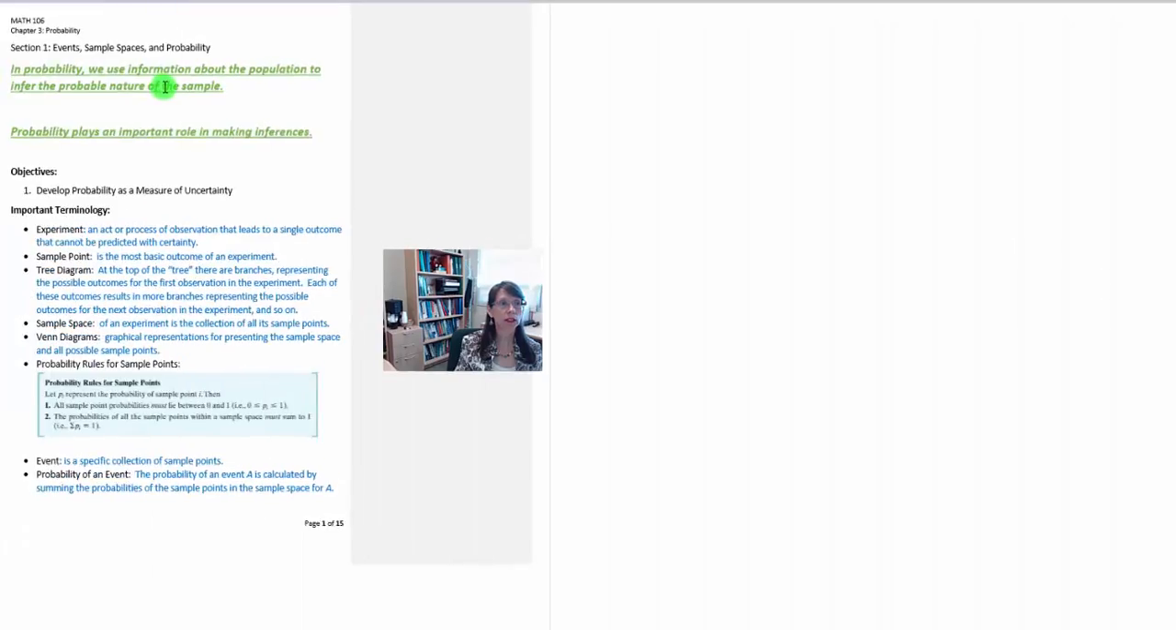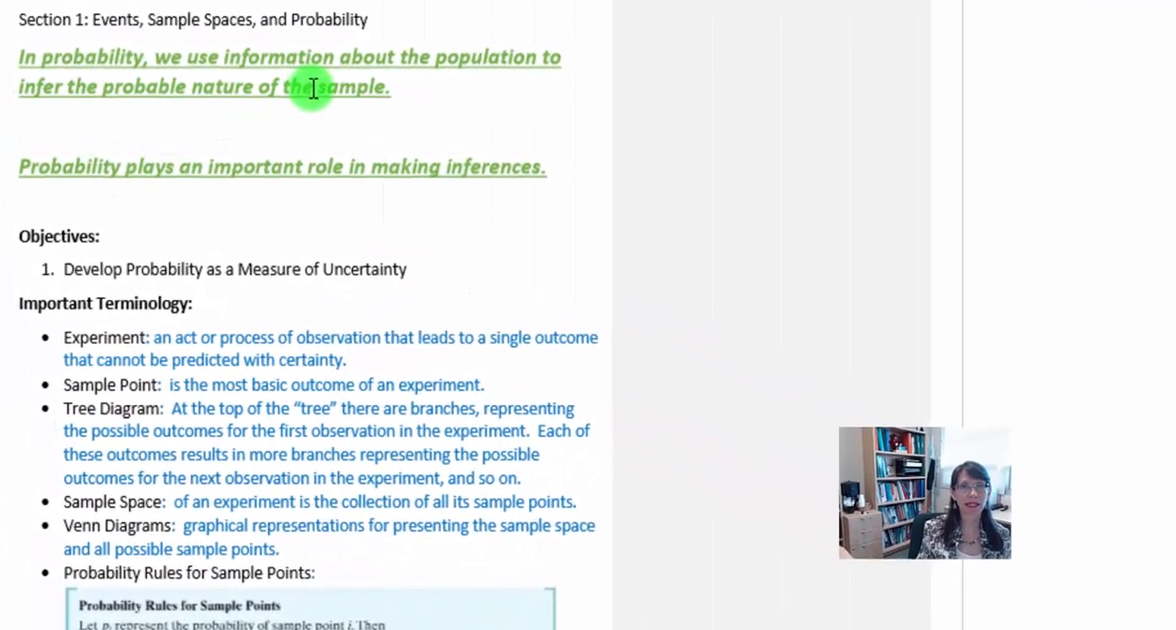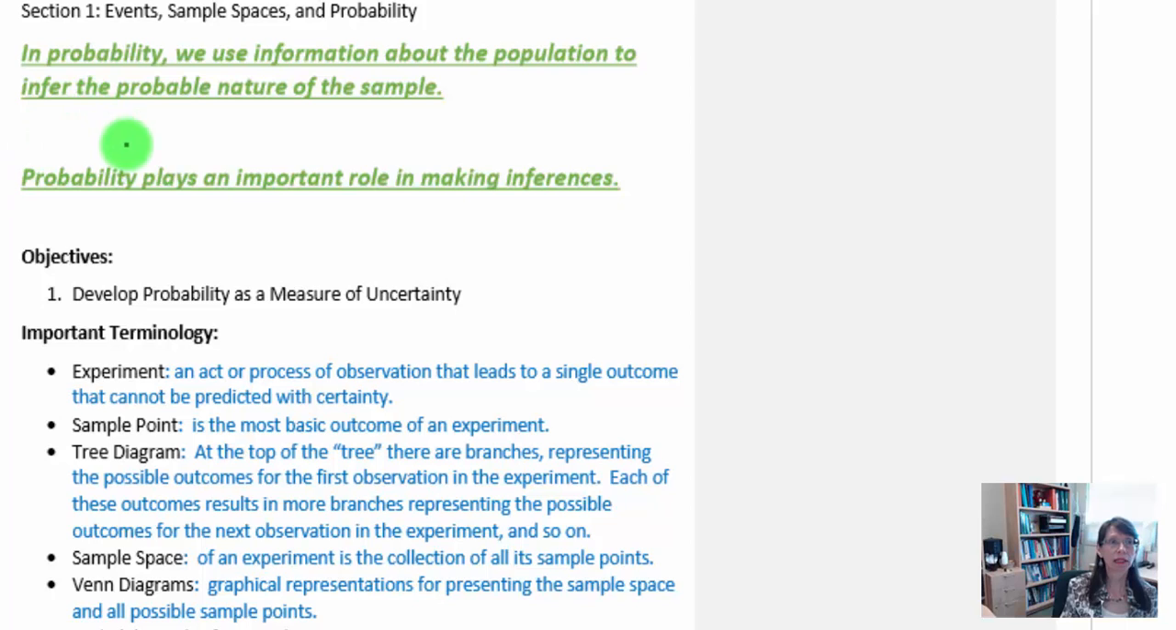In this video, we're going to talk about events, sample space, and probability. In probability, we use information about the population to infer the probable nature of the sample. Probability plays an important role in making inferences. So we're going to talk about a few important terms that will be used throughout Chapter 3 to help us